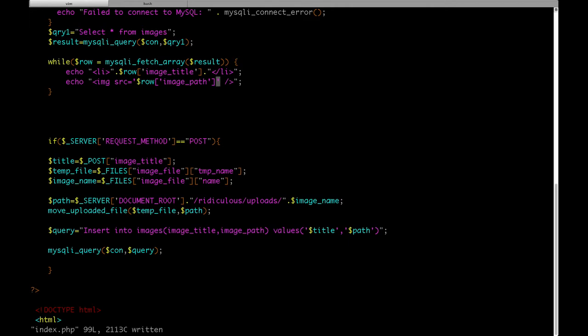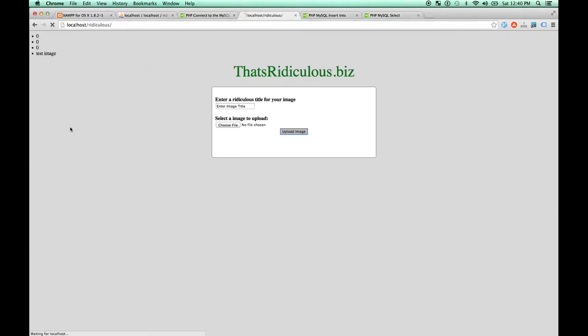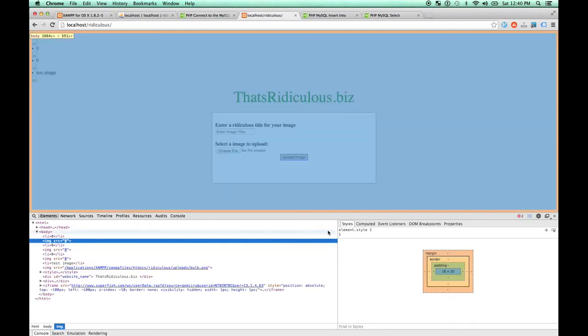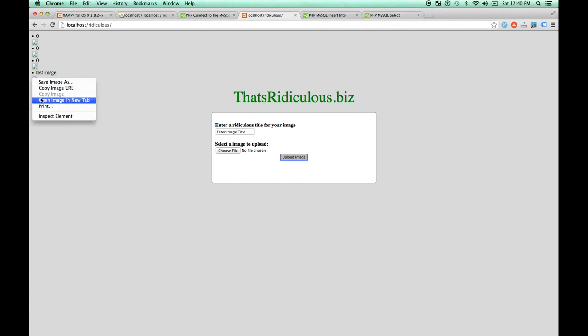Let's see. Let me do this. You can just follow that syntax. Just so you know, the double quotes, everything inside of there is parsed by PHP. Everything inside the single quotes is not. It just takes a little getting used to in order to get that right. So for some reason that image is not showing. I wouldn't expect the first 3 images to be showing up, but